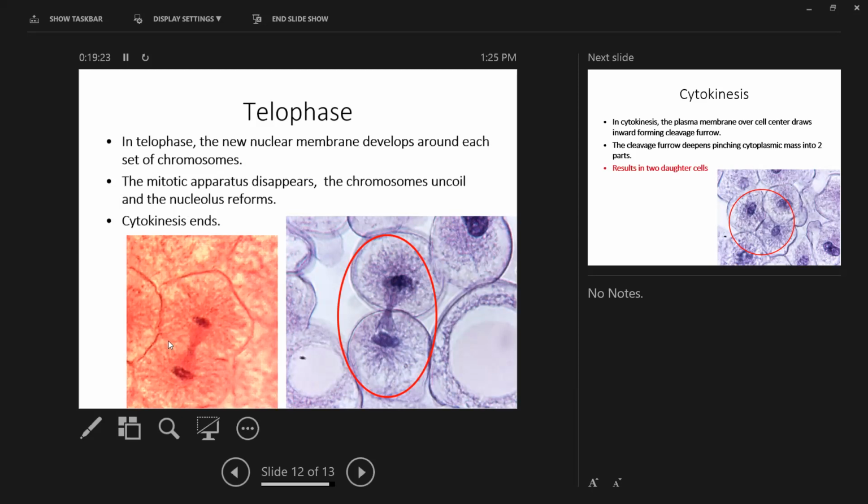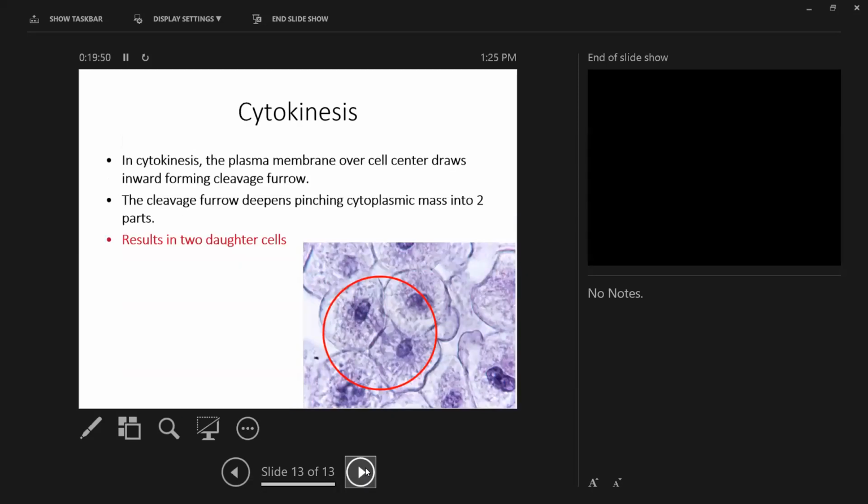You can see now, this one's not completely separated here because there's still a line that hasn't formed. But here, the one in the red oval, you can see that cytokinesis is just about completely finished. We still have some spindle fibers to reabsorb, but the cells are just about finished. And then we see in this last slide, cytokinesis is complete. We have two distinct daughter cells. The plasma membrane is pinched in half by the protein, and we have two distinct daughter cells with two sets